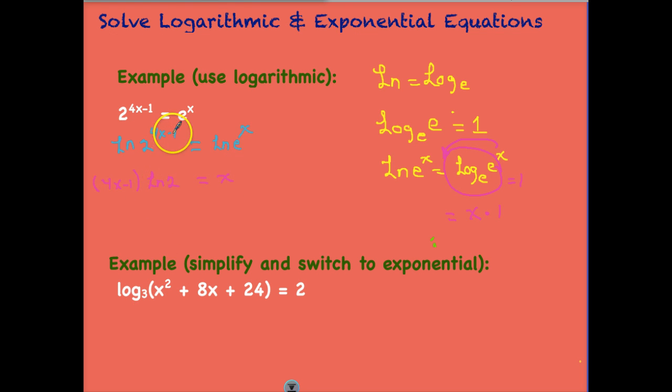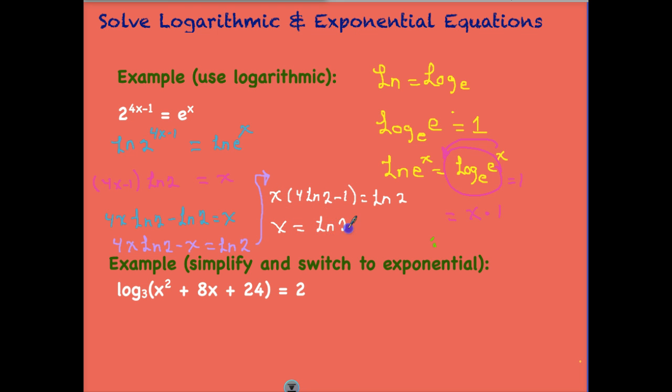For the left side, we once again bring down our exponent, and then we can distribute, just like we did the last time. Now we need to move our x's to the same side, so I think I'll move the x to the left and negative natural log 2 to the right. At this point, I'm ready to factor out an x, just like we did last time, and I'm left with 4 natural log 2 minus 1 equals natural log 2. My final step is to divide both sides by 4 natural log 2 minus 1, and